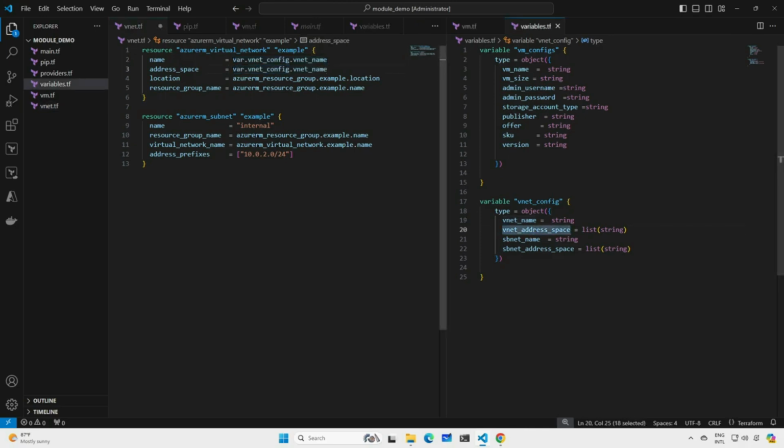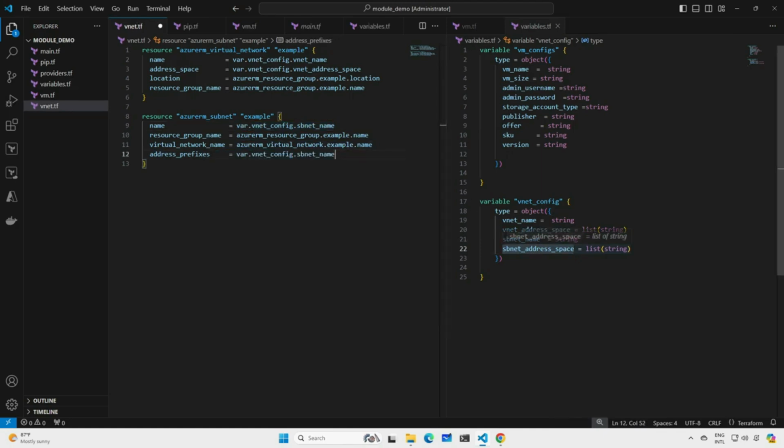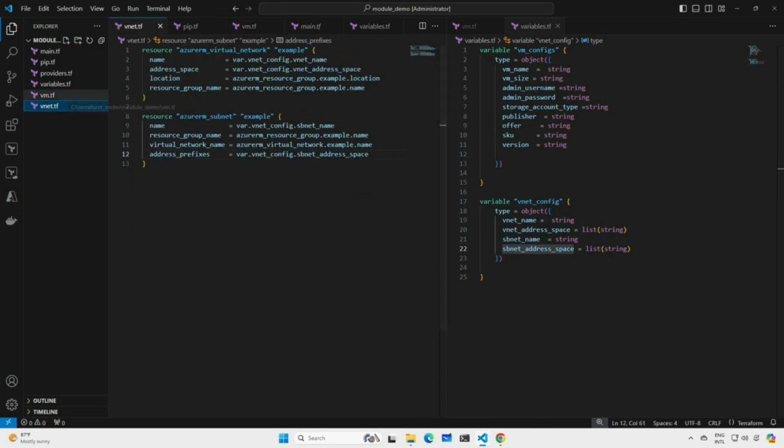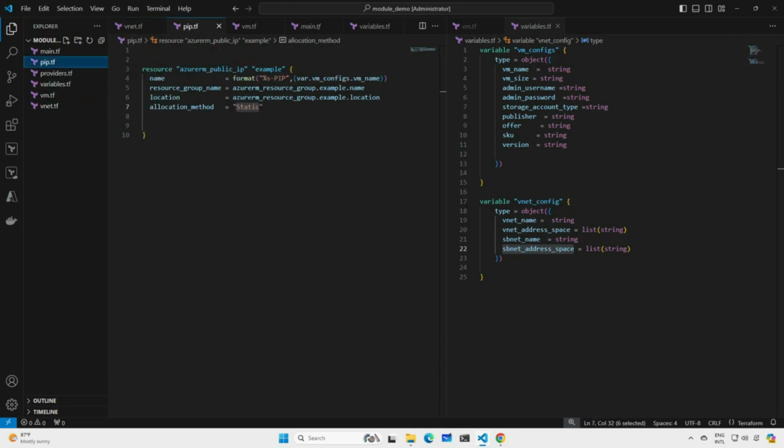At the end, it would be vnet_address_space_name. Here also I'm going to do the same thing, and it would be subnet_name. Sorry, subnet_name, and then here it would be subnet_address_space. You see, we have updated our vm.tf configuration, the vnet.tf, then our public IP, and we